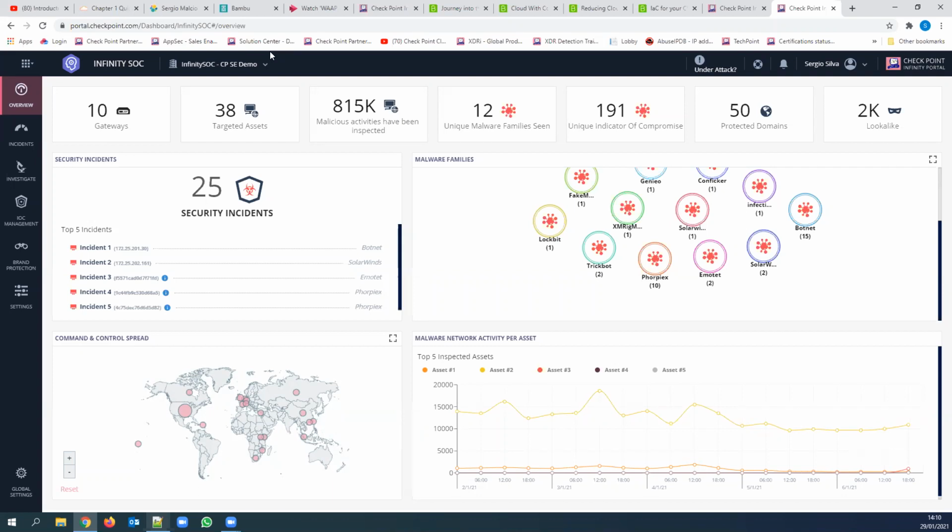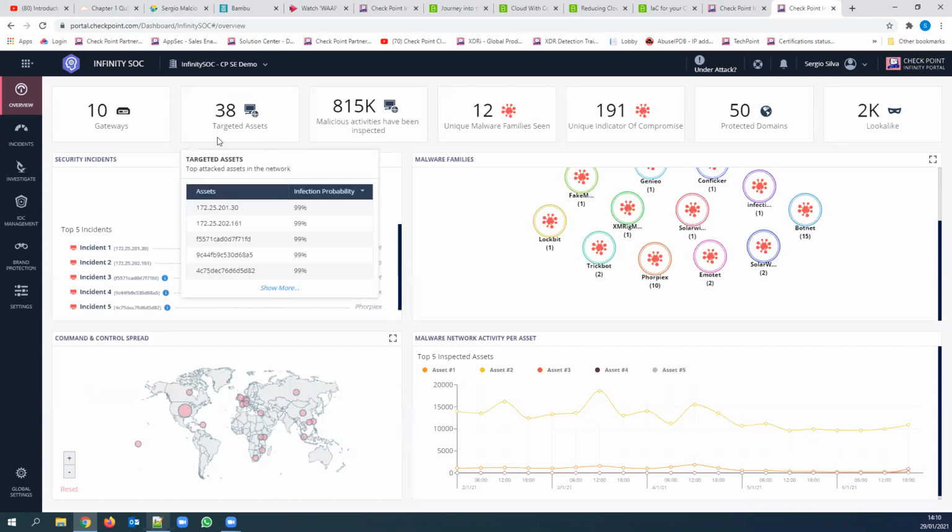They're using different tools to look at those indicators. Tools that tell them what the IP reputation is, what the reputation of a specific domain is, or whether they've found a file. Do they need to spin up a virtual machine or go into a sandboxing environment to interact with that file to see if there's any malicious behavior? All of this takes a really long time because they're trying to understand, out of all those targeted assets and all those IOCs, which are the assets that show the most malicious behavior and that they need to act on now. And this is where Infinity SOC comes into play and really adds so much value to an organization,